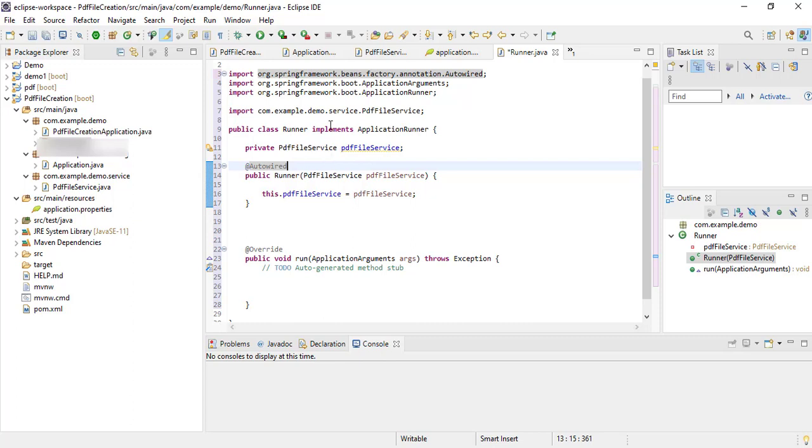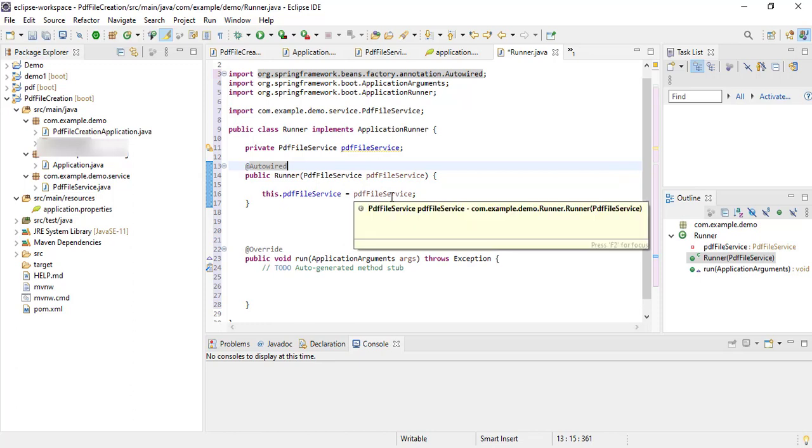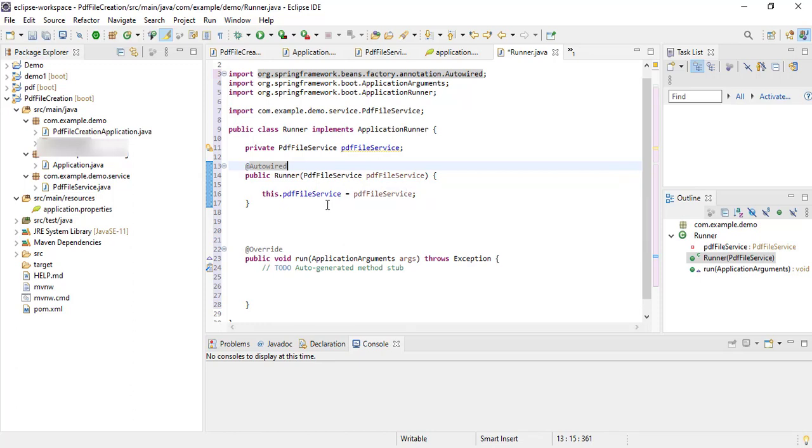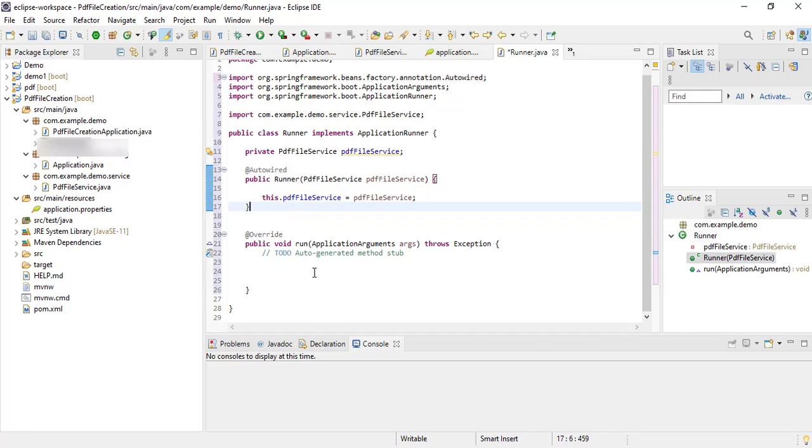To autowire the value for this variable, I created one constructor and I gave the annotation for that constructor to autowire the values of the service class object. Now using this object, I am going to call the method present in the service class.